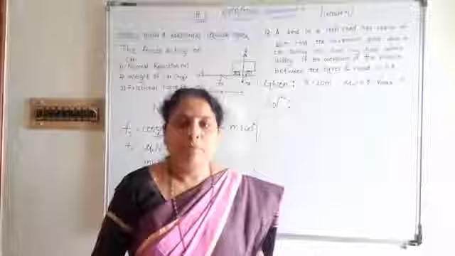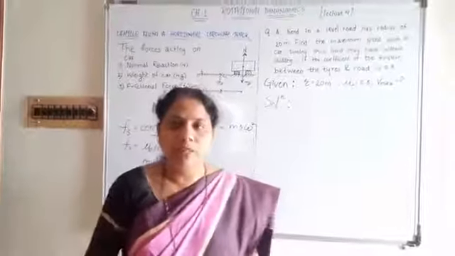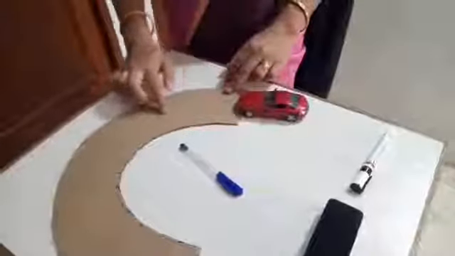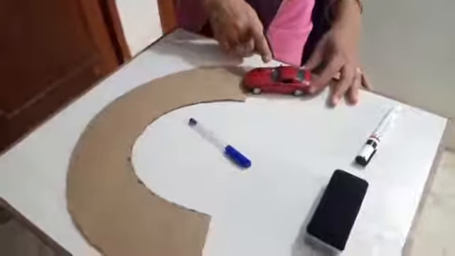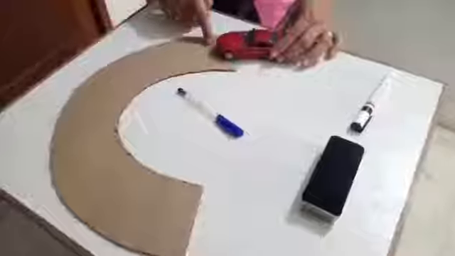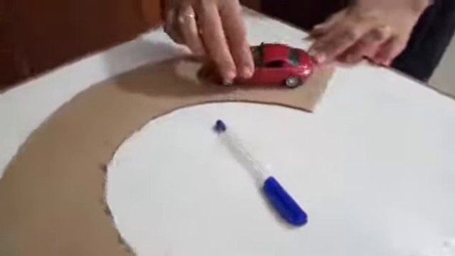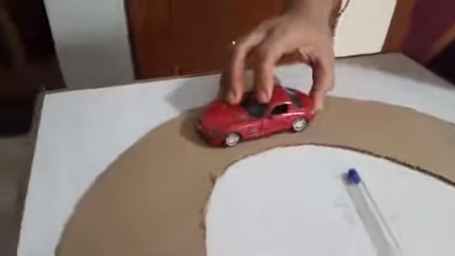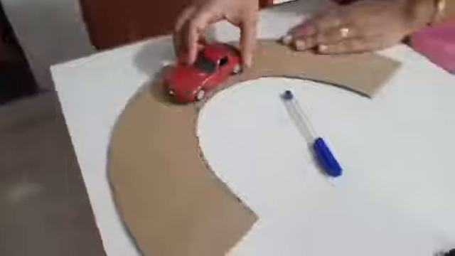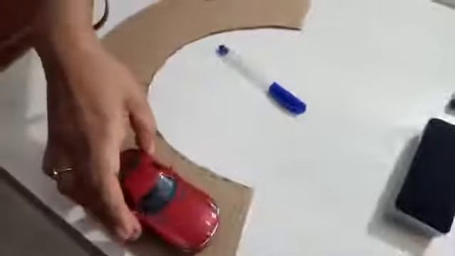For that, I am going to explain this point first with the help of an object. This is your plain horizontal curved road and this is your vehicle, that is a simple car. When the car has to move on this circular track, it will have to perform the uniform circular motion. Suppose the car is moving with uniform speed and performs the uniform circular motion. As we know, for uniform circular motion, the centripetal force is necessary.